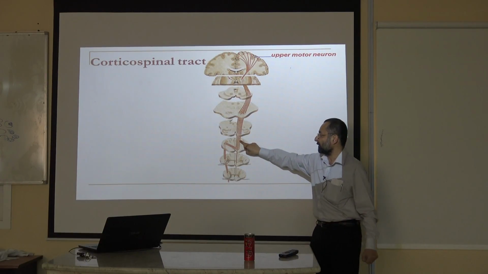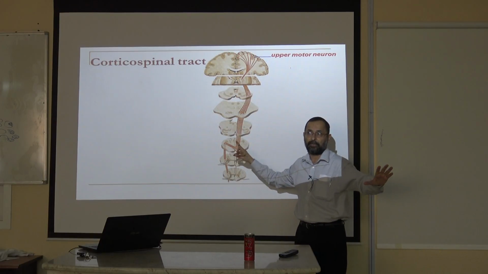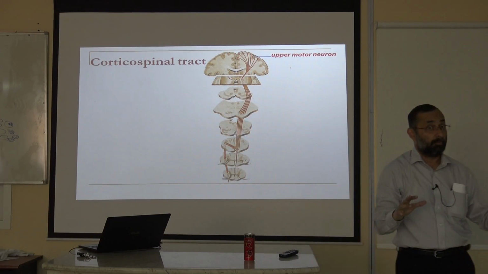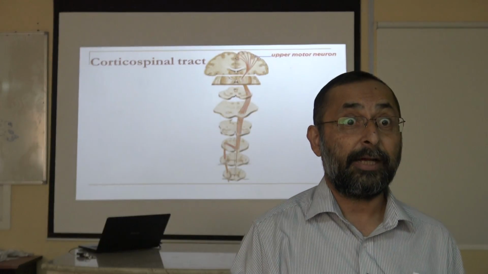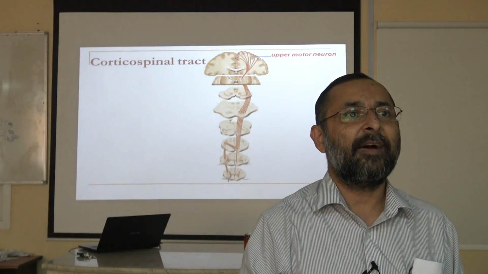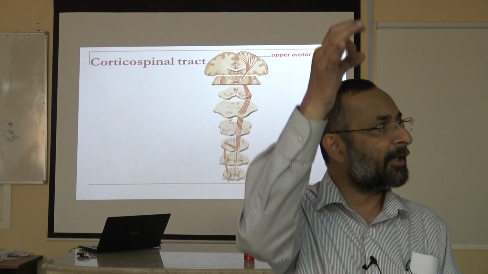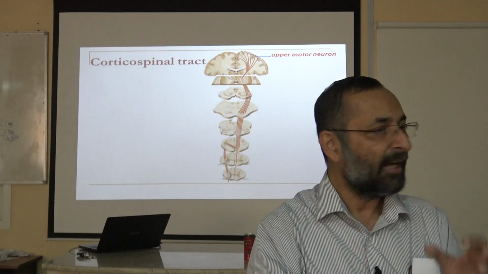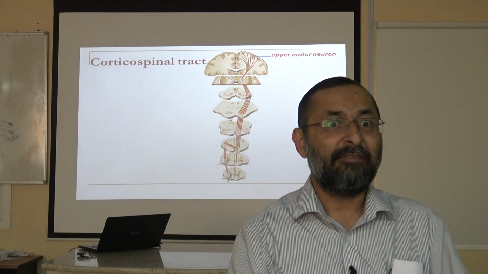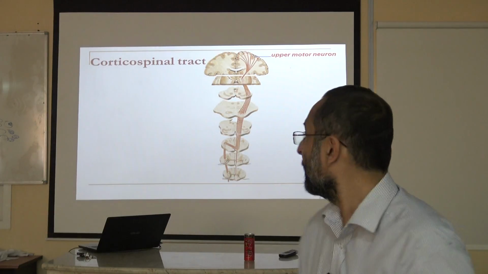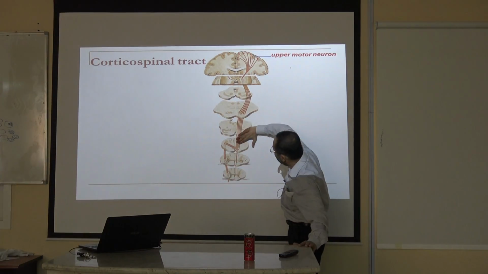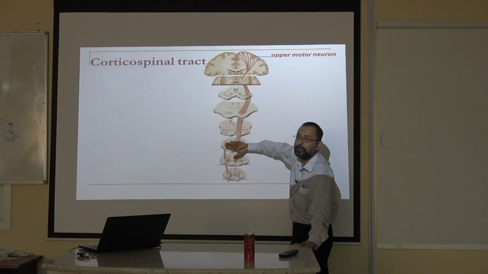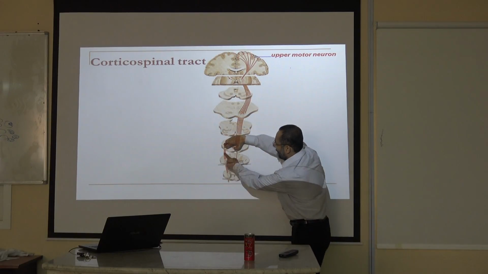After that, a very special thing is happening. Be careful now. The most interesting and most significant part of the tract is coming up now. The tract changes its behavior. The tract divides into two parts, 75% part and 25% part. The 75% part, the major part, will cross over to the opposite side. Will cross over to the opposite side. 75% of the fibers will cross over to the opposite side, and this is the spinal cord now after that,